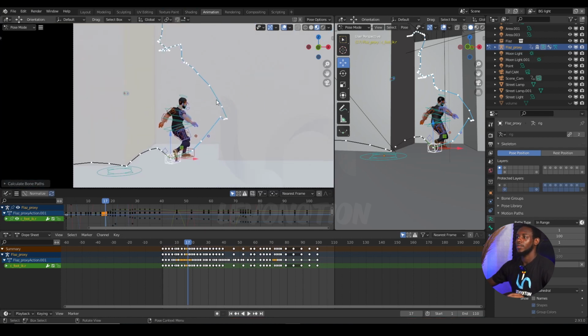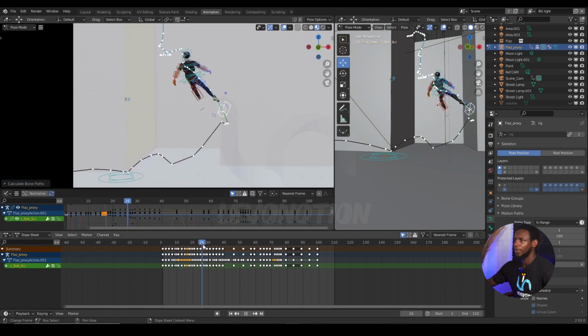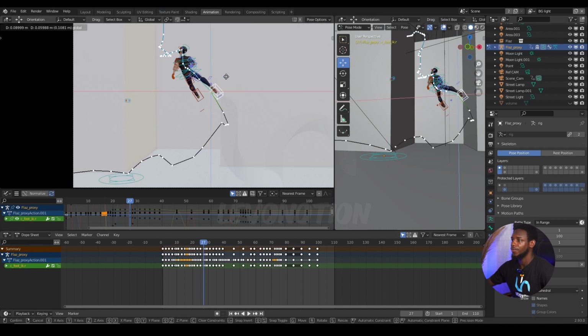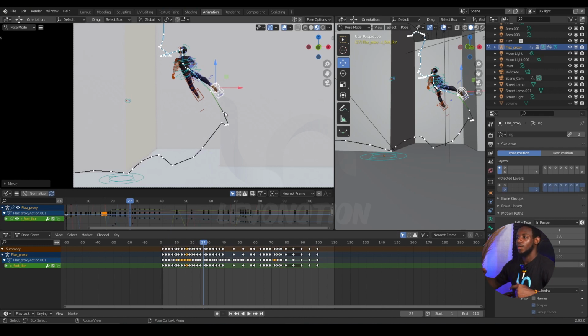What if I want to add a bit of arc here? This part, right? What if I want to bring the feet inwards a bit? I can also do so. So just push the feet outwards. You can see the trail is not following the feet yet until I refresh the motion path, and that's what I'm going to do now.